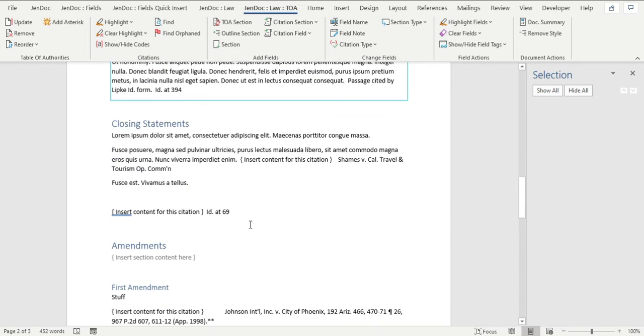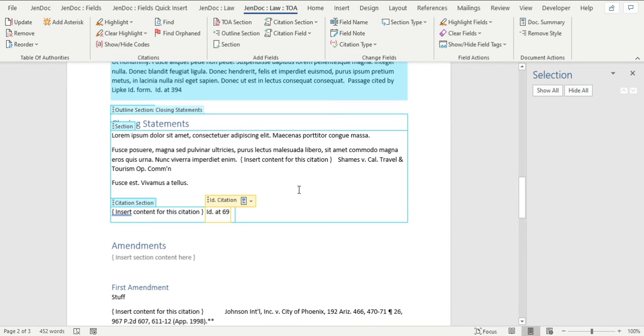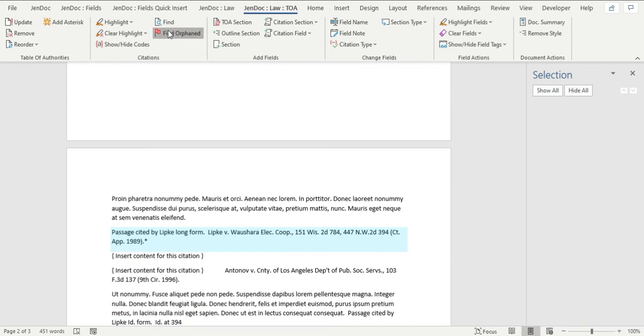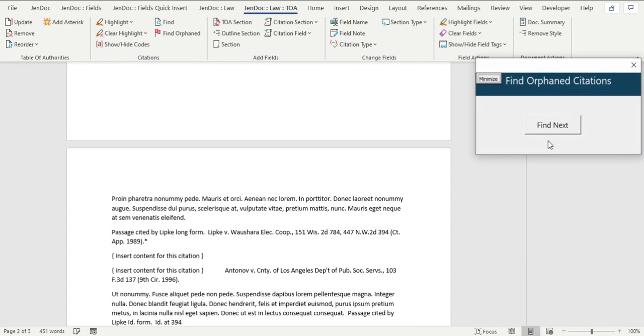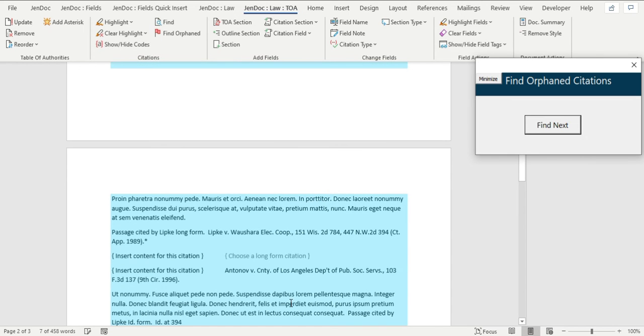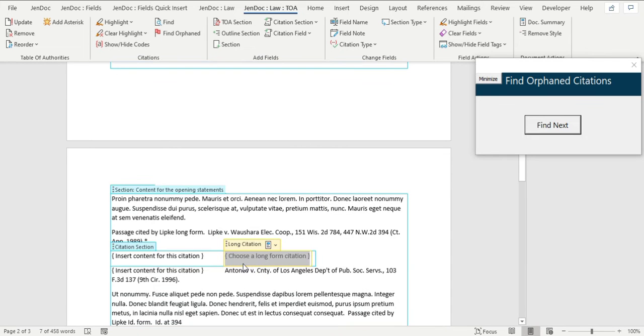Or say this one, it just got messed up a little bit, right? That's not right. So now we have two orphan citations. So we can come to this orphan citation button, and all we need to do is click Find Next, and it's going to find, see, it's found the orphan citation code for us, asking us do we want to delete it. I'm going to say yes, get rid of it. And now you see it deleted